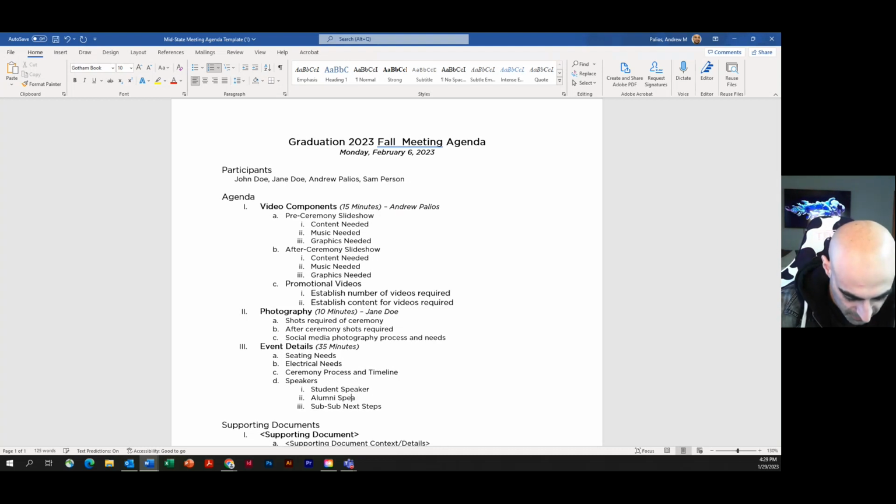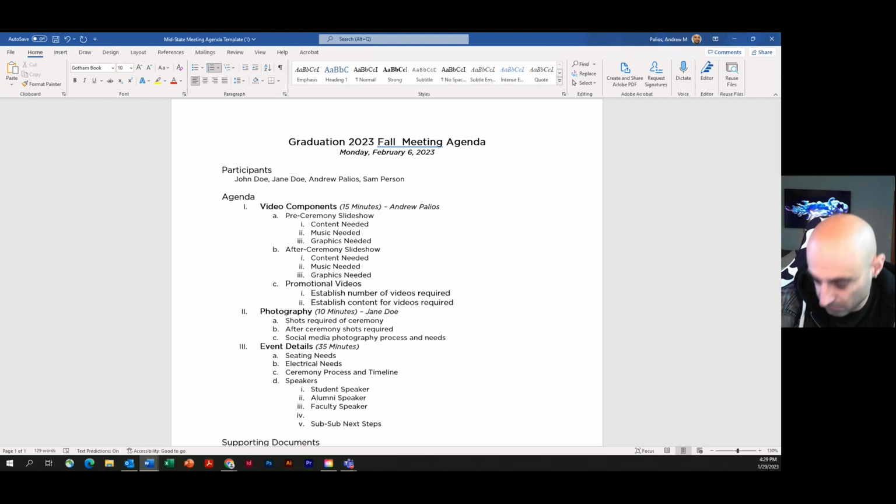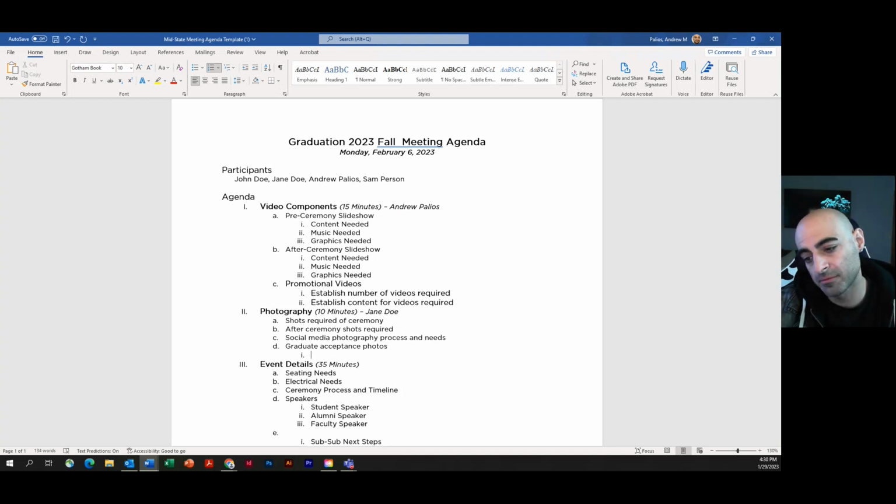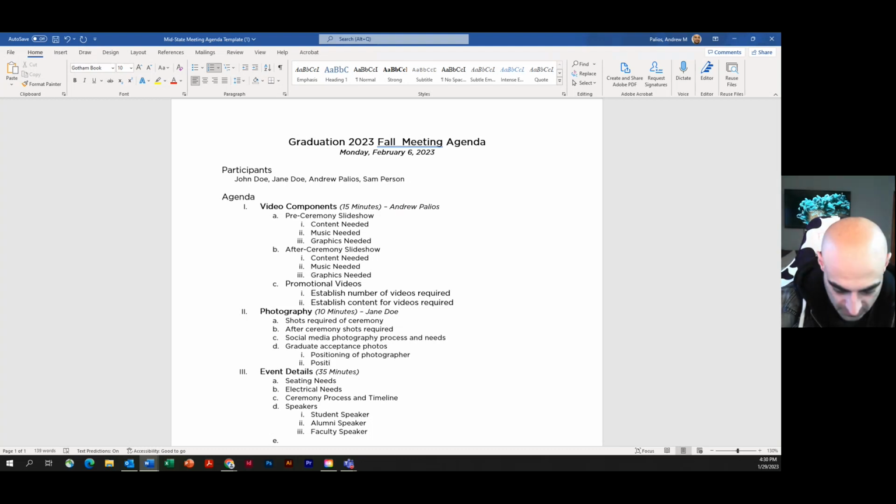Alumni speaker, faculty speaker. Okay. Oh, we'll go back to photography here and then see graduate acceptance photos. So this is the photos of the graduate actually getting the diploma from the president of the college on stage. What we want to do is figure out the positioning of the photographer, positioning of president and student